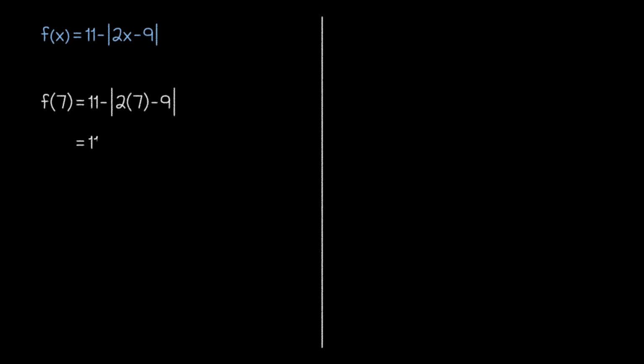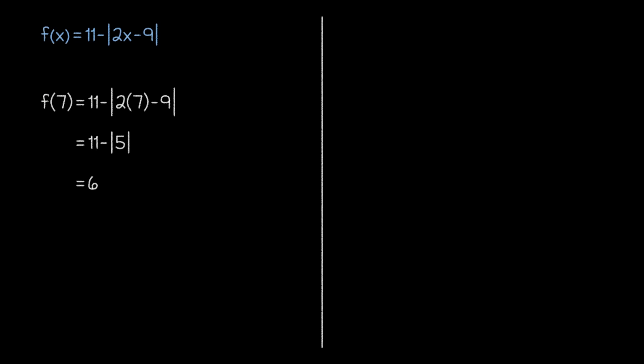Now that we've practiced using the absolute value, let's evaluate some functions that contain the absolute value. For this first function, let's start by calculating f of 7. Remember that this doesn't mean that we're multiplying f times 7. Rather, 7 is the input of the function. So we simply replace the x in the function rule with a 7, and then evaluate the resulting expression to get an answer of 6.